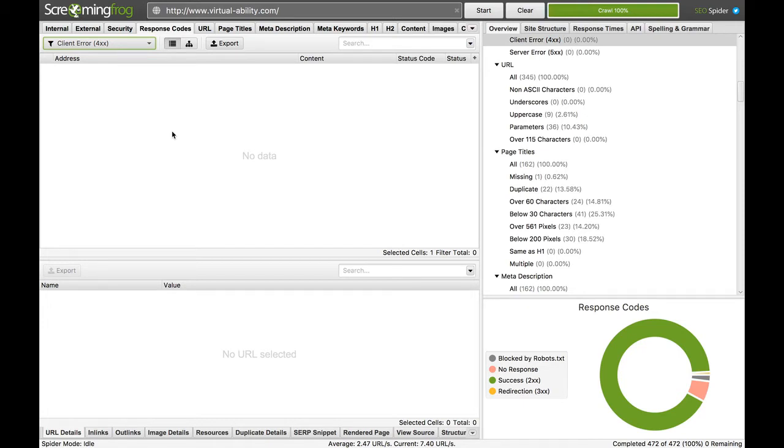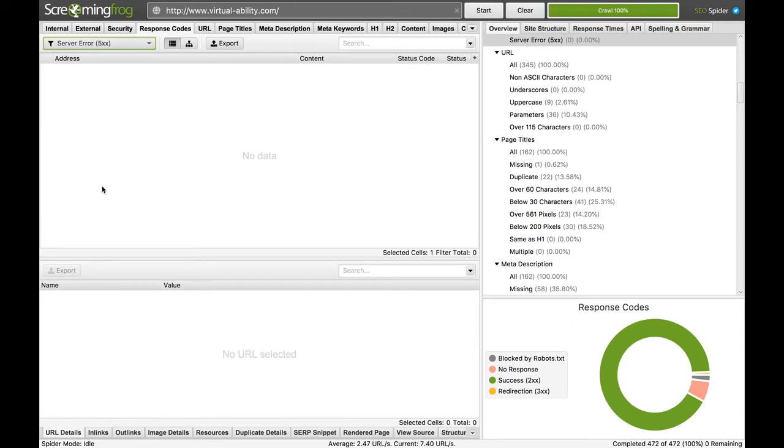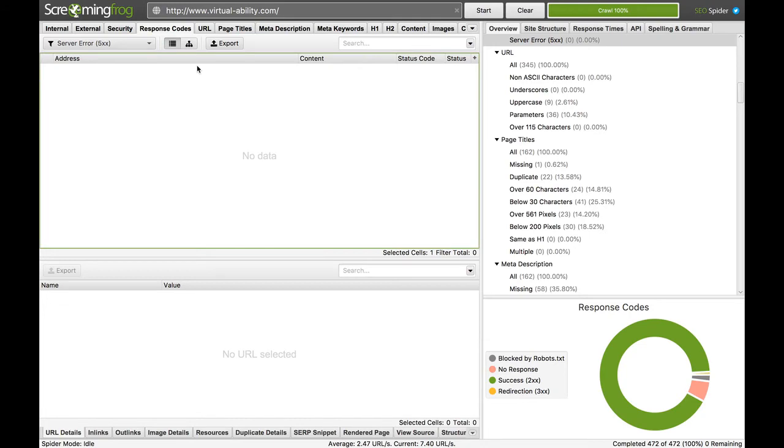Now the next is 500. 500 is when the server is not responding, due to some malfunction at the server end, so the server triggers a 500 response code. Since this site does not have any 400 or 500 response code, it is showing no results here, but it will definitely show something if your site contains them. To fix the 404, you need to go into that particular copy or content of the page and place the right URL so that it would not cause any broken links. Regarding the 500, you need to check the functional details accurately so that it can be fixed. That's all under the response code.